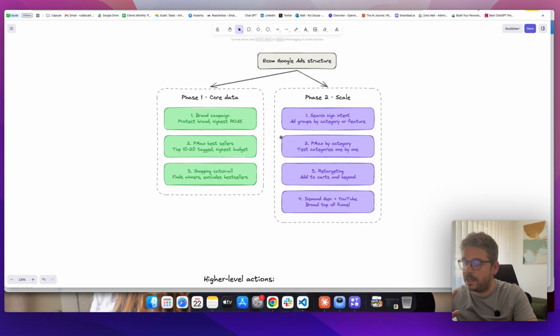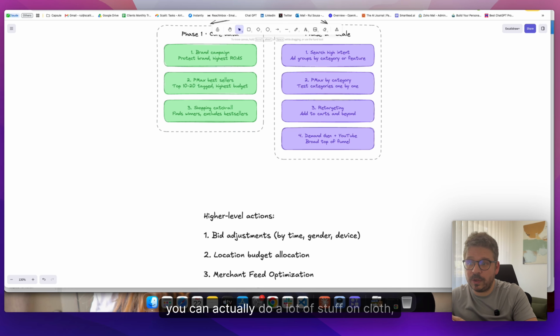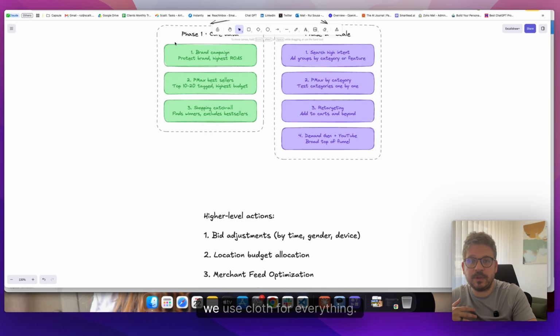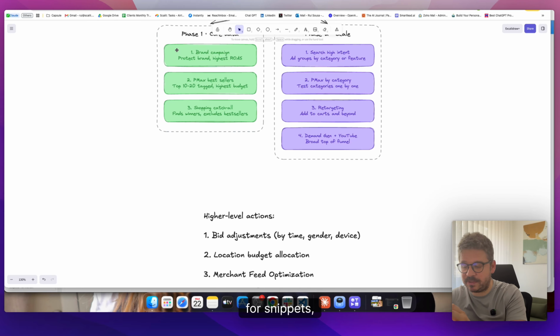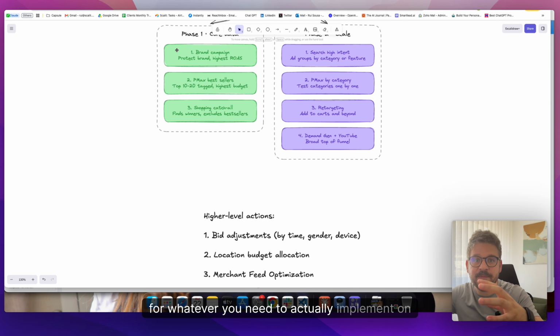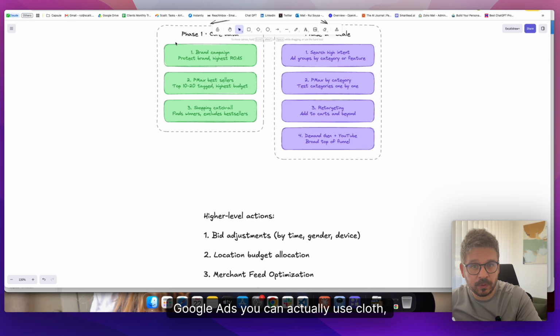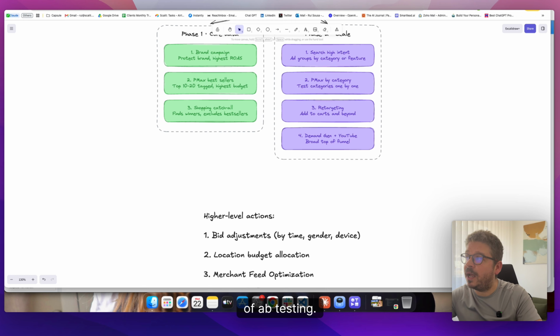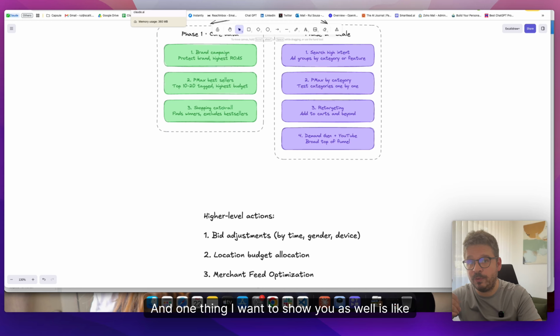The first thing is that you can actually do a lot of stuff on Claude, right? So basically Claude, guys, we use Claude for everything. You can use ChatGPT, but for ad copies, for structure, for pain points, for snippets, for whatever you need to implement on Google Ads, you can use Claude, which is amazing, to create campaigns and do a lot of A/B testing. And one thing that I want to show you as well is that Luis and I put together,